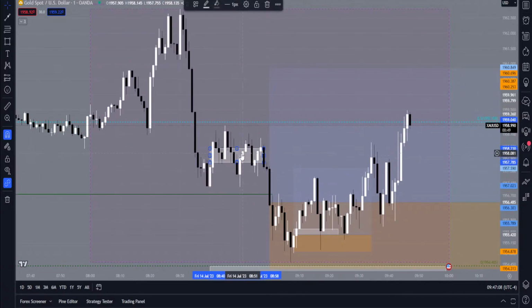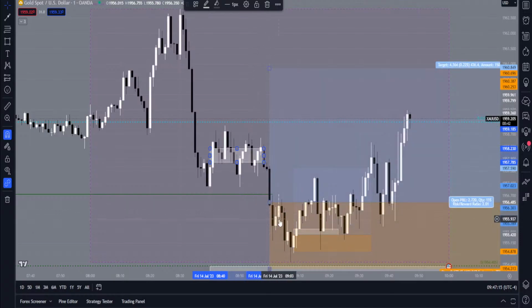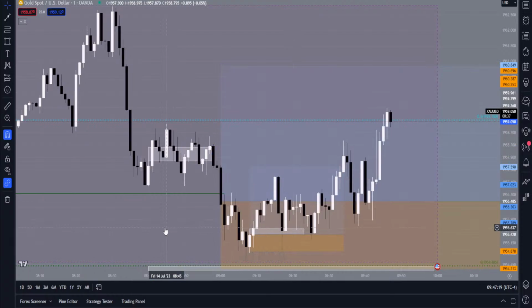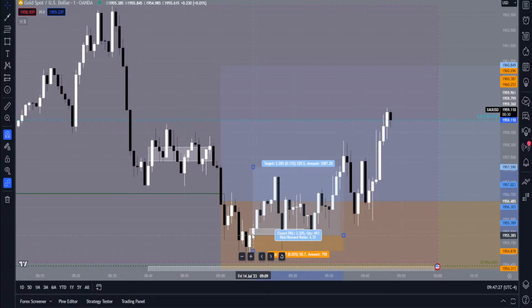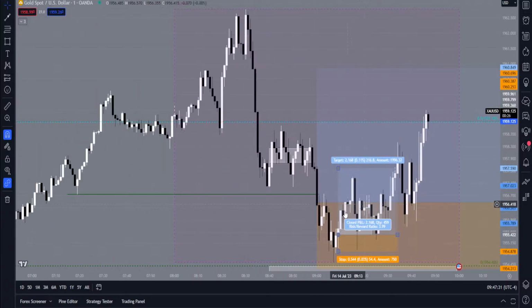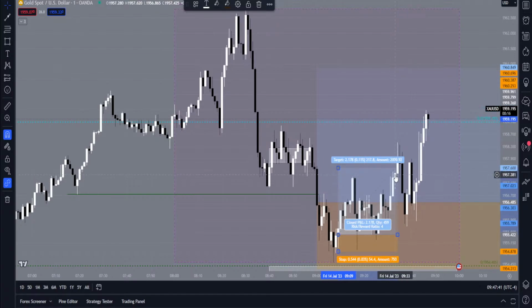And then it had some imbalances here, but they were all within this bigger imbalance, right? So we didn't take any of these. The next entry it had was down here. And as you could see, it came down, it almost stopped you out, but it didn't. And in fact, if I just move it right here, you will notice that this trade here was a full R and it hit it right on this candle here.